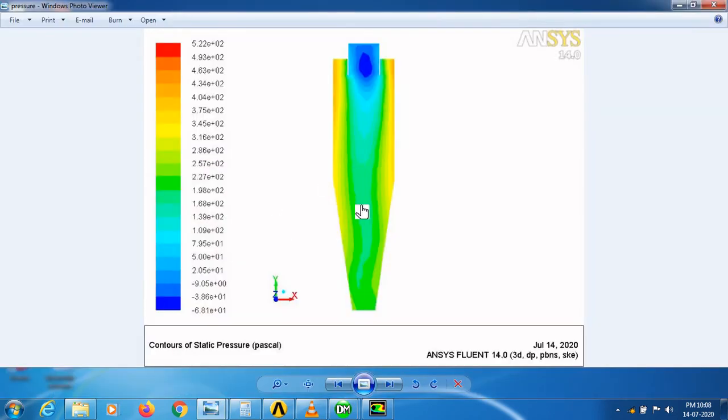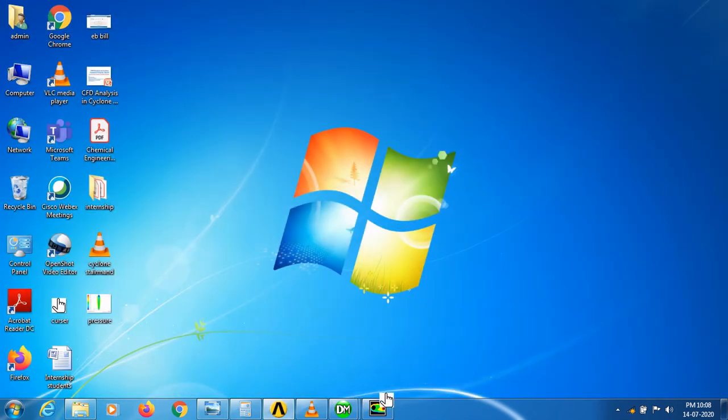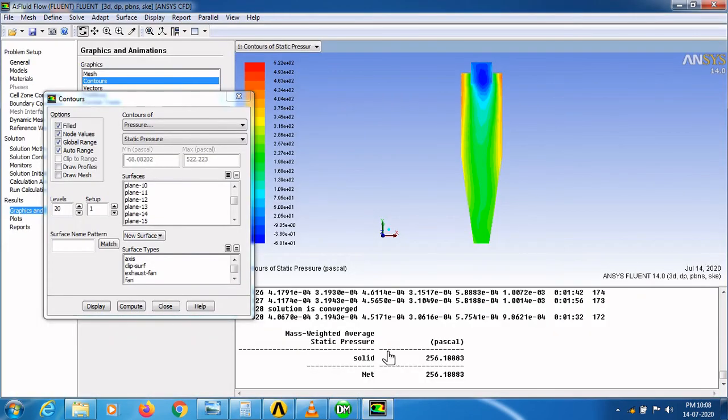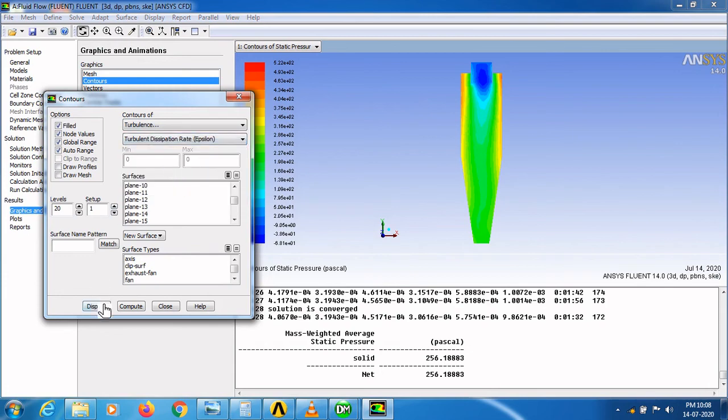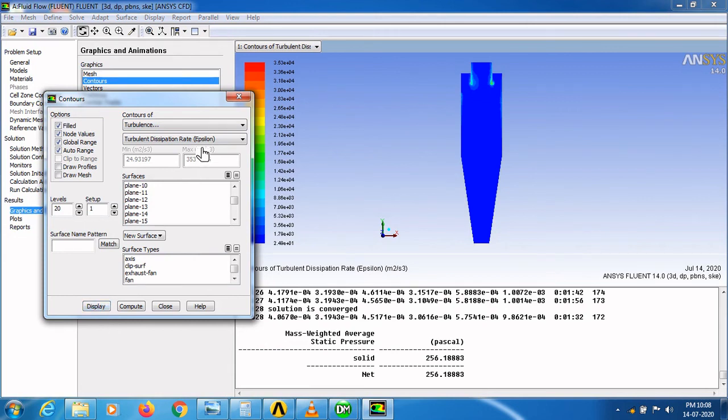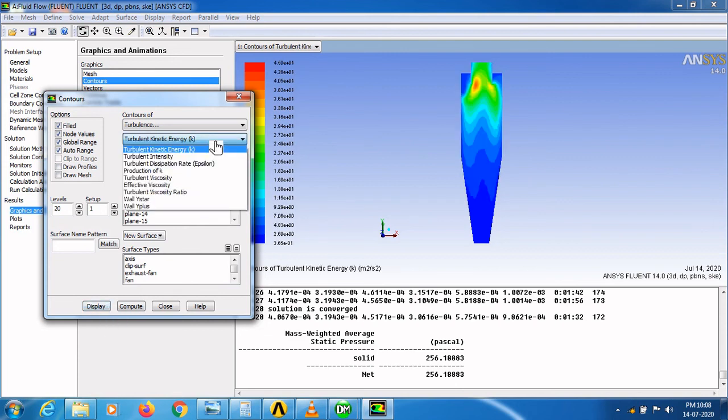Now you can see the saved JPEG picture. Follow the same procedure to create different types of planes for the velocity, pressure, turbulence dissipation rate and turbulent intensity and wall y star plus etc.